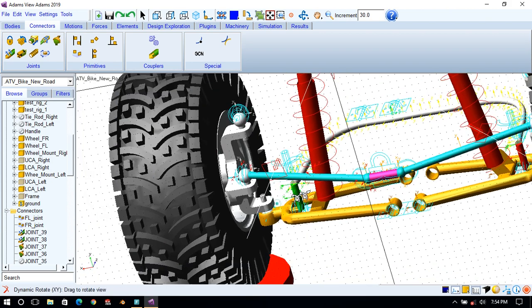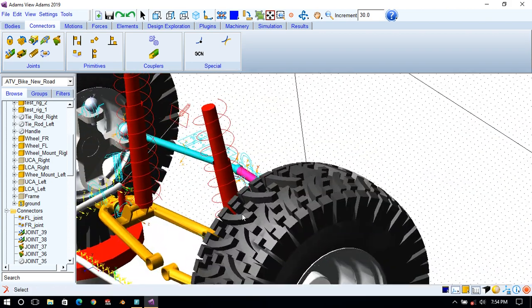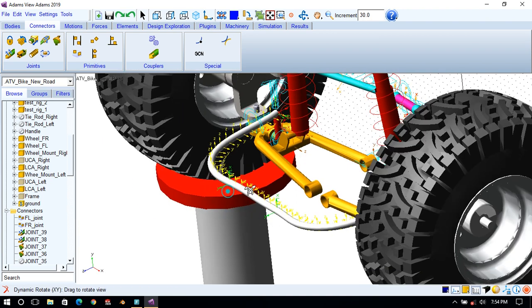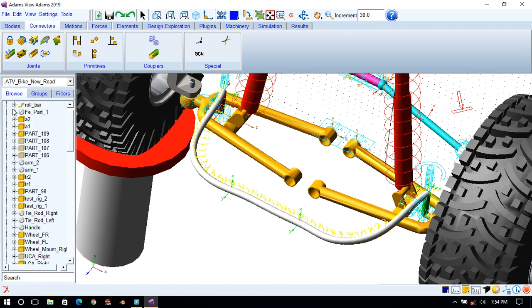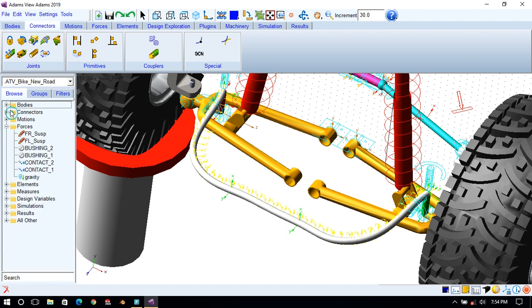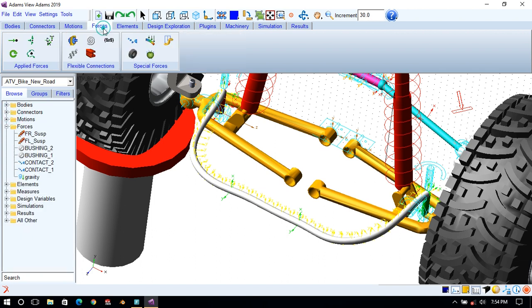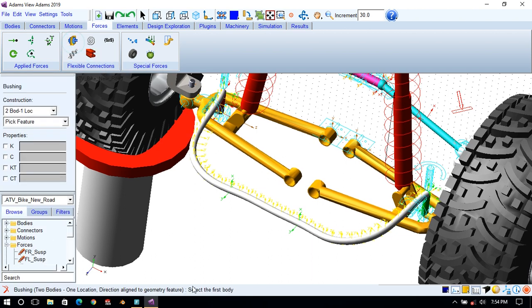Now we have to create bushings at two locations. There will be a requirement of bushing, so I will just show it in the force menu. Here I will show what a bushing is. So go to the forces. Here there are flexible connections. There are different types of flexible connection. One is the bushing, torsional spring, or you can define by using some matrix, spring damper and massless beam. So here we will use bushing.